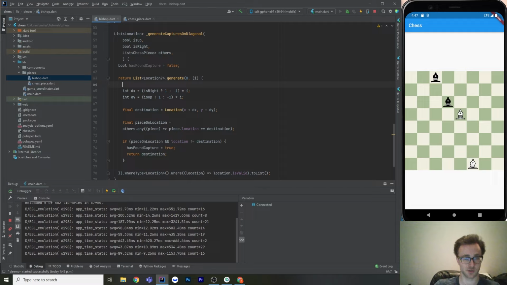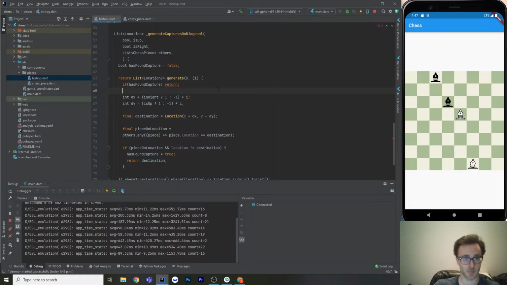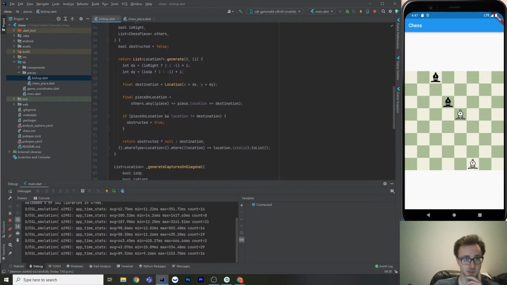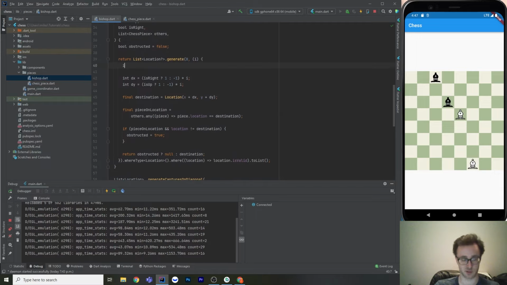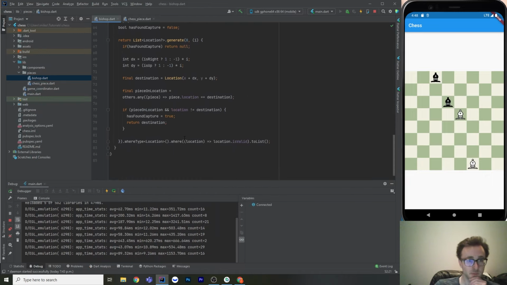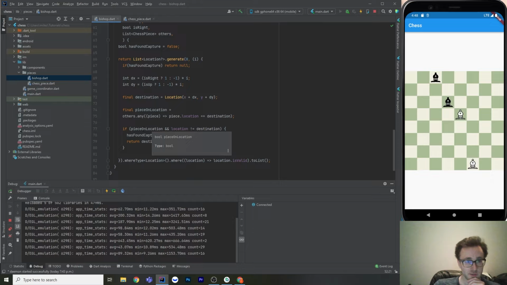And here, for bishop, I guess we can just skip everything. We can short circuit if has found capture, return. No. Actually, wait, could we do the same thing here? Yeah, we could. That would probably be a little easier to read. Hopefully I didn't break that in the process of doing that, but okay, so this is similar, but if we find a piece on the location and it's not where we currently are,